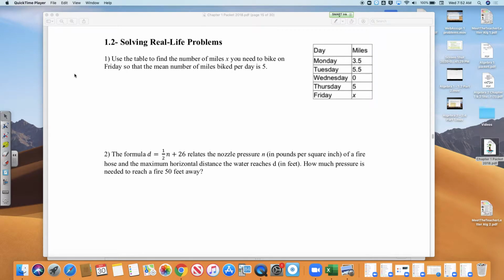All right, now we're going to learn how to solve real-life problems from what we learned yesterday in solving multiple-step equations. Now we're going to apply this to real knowledge and to real-life applications, which is nice because a lot of times students wonder, when am I going to use this in real life? And here are some examples of how we would use solving equations and use that problem solving to solve real-world